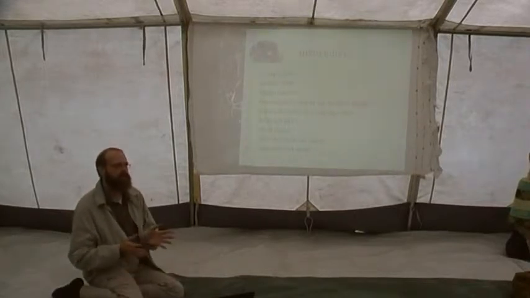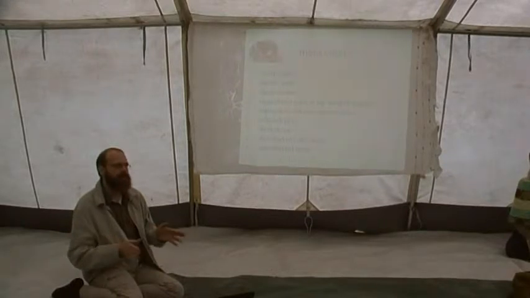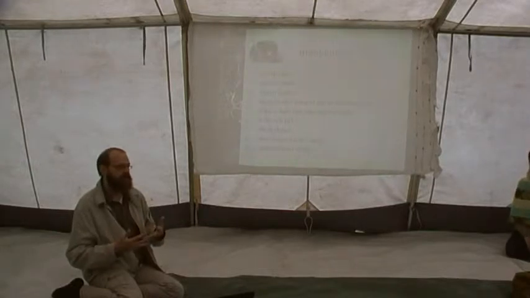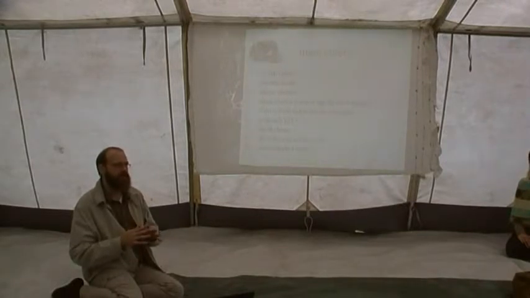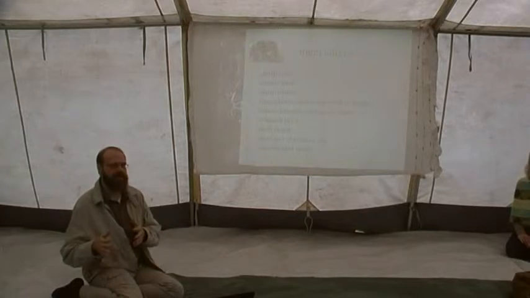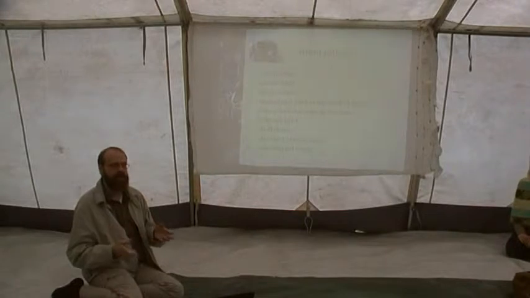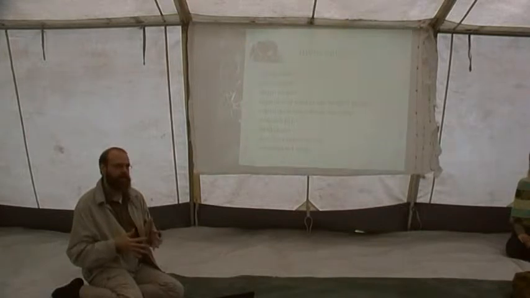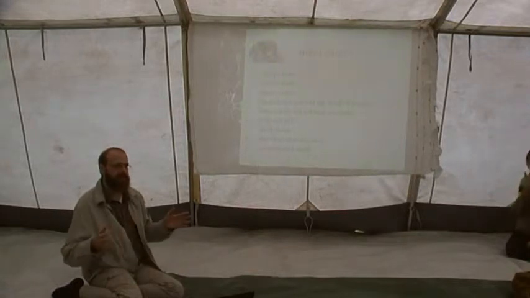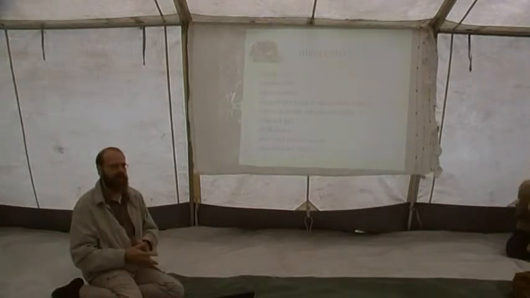Their ileum, or so-called small intestines, is very short, because when you eat meat, it starts decomposing already in the digestive system. For example, if you leave a piece of meat on the table in the morning, already in the evening it starts to smell. So you can imagine that what happens in the stomach, if you don't digest and absorb it quickly, is that it starts to decompose in your system. So that's why their small and large intestines are very short, so that they can extract it very quickly out from their body.